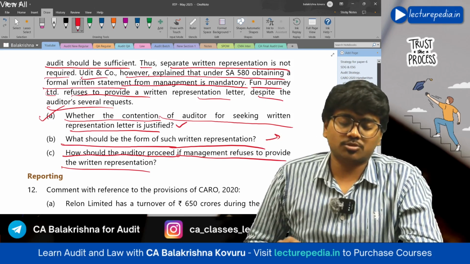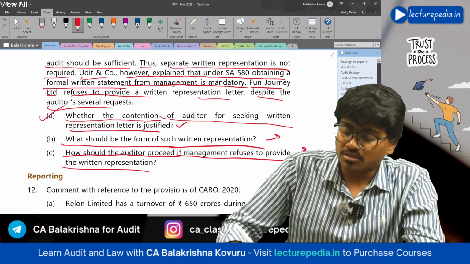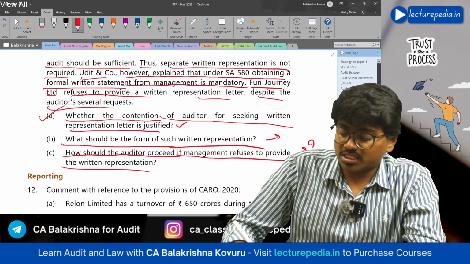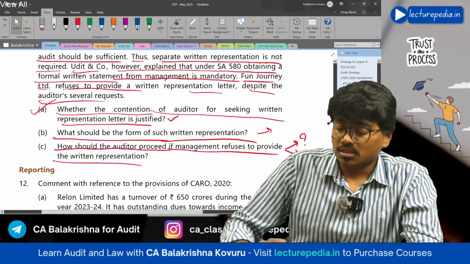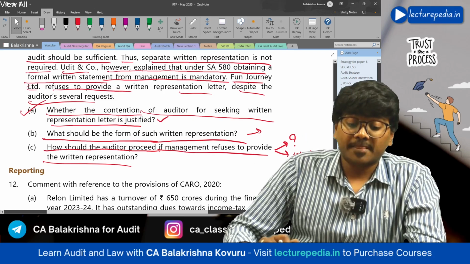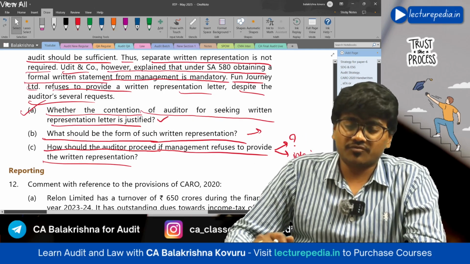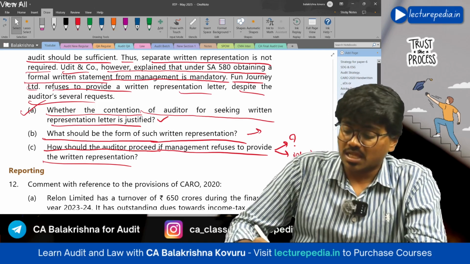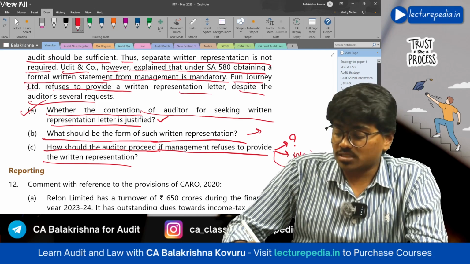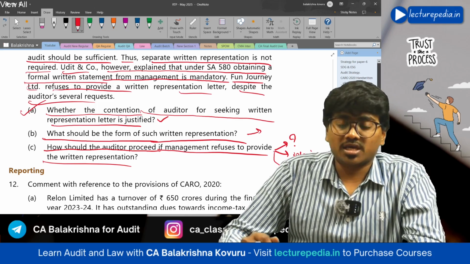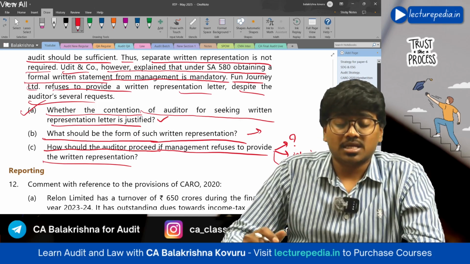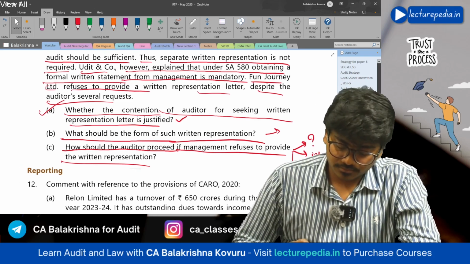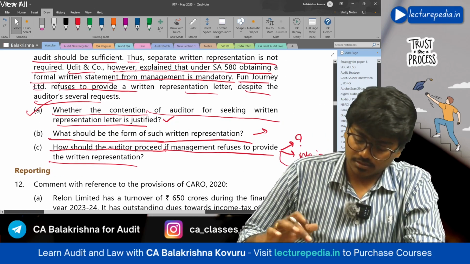See, if management refuses to provide the written representation, you should first of all ask the management why they are refusing to provide it. The auditor should also consider the integrity of management, because here management is not agreeing to give the written representation. So he will get a doubt about the integrity of the management, whether management has committed any frauds, whether management is honest or not. And finally, he should consider the impact of this on the opinion. Okay, if he is not able to obtain audit evidence properly, then there is also a possibility that he can give a disclaimer of opinion. Okay, this is question number 11. Next,